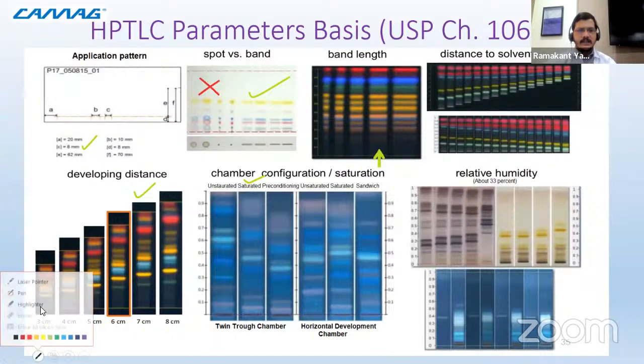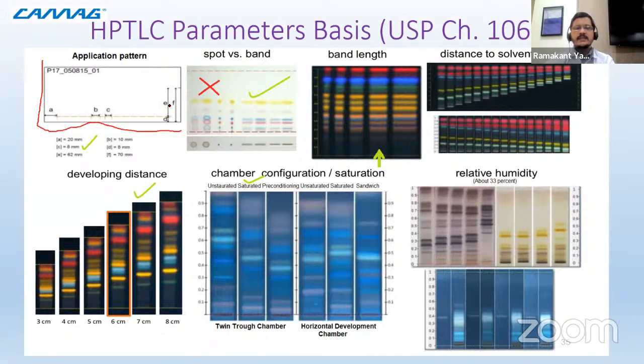We are taking the exact dimension of the plate, that is a 20 by 10 centimeter TLC or HPTLC plate always, and on that plate we keep the solvent front position at 70 millimeter from the bottom most of the time, that is the optimized distance, and we are applying samples and standards in the form of bands. Band length is fixed, distance between bands is fixed, the location of each band from each side of the plate is fixed. Band length is 8 millimeters as per the USP chapter. Then the solvent front distance is 70 millimeter.